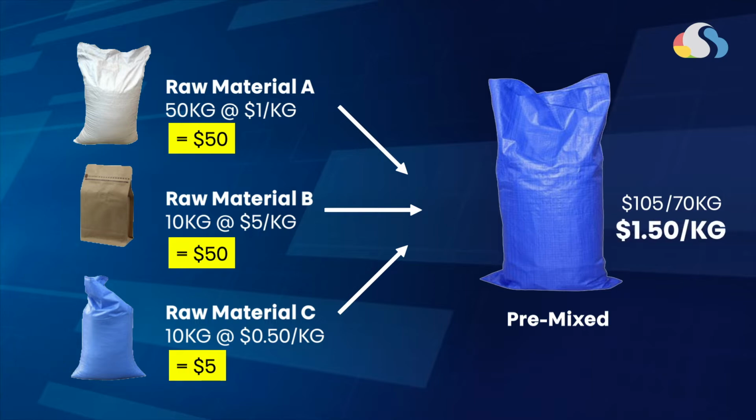$1.50 per kilo. Right, so then this becomes important because if I were to guess, many manufacturers including Panwrite could be using $1 for material A as a starting point of the costing process, because majority of the raw material used is material A, and material A is $1 per kilo, and they might just use that. However, in this case, the actual cost is $1.50 per kilo, and that's a 50% difference in the cost rate.